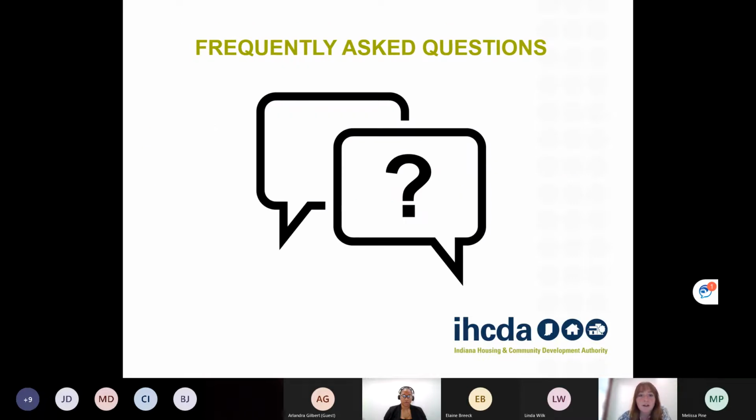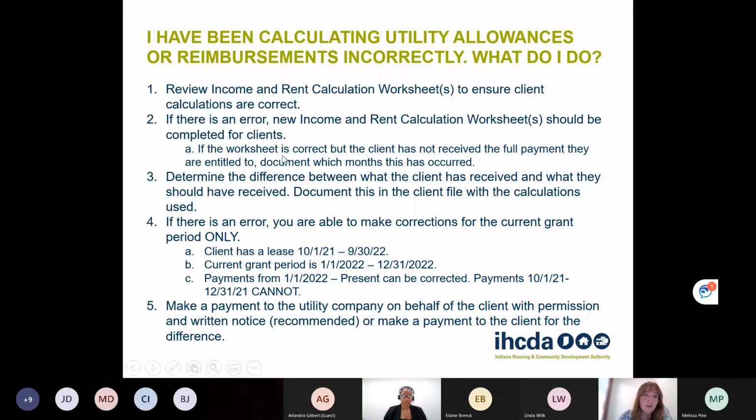And then before we open it up to questions, I do want to go through a few questions that we have received about utility allowances. So the first one is from people that have figured out that they've been doing utility allowance calculations or utility reimbursements incorrectly. If that is the case, the first thing that I would recommend is going through some client files